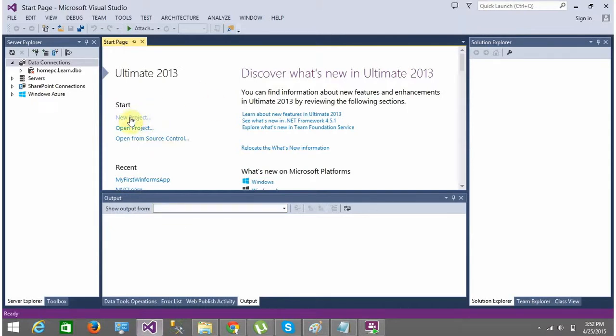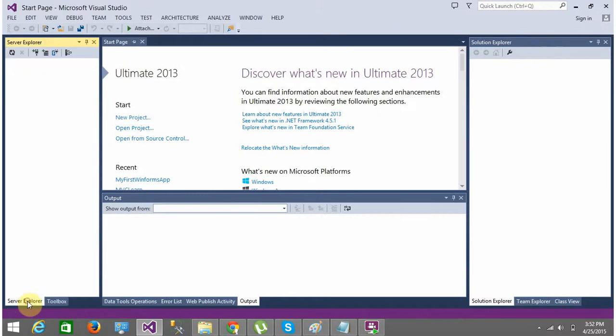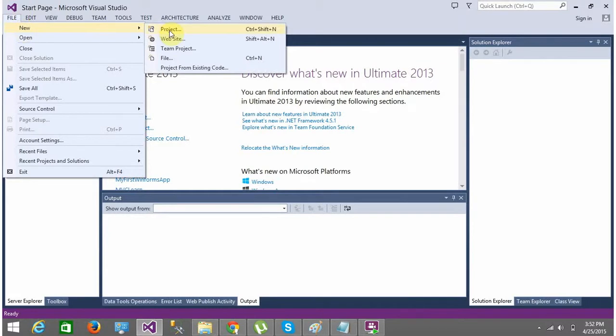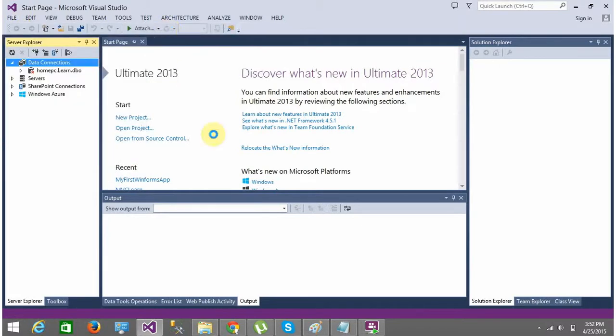Okay, now you will start a new project. Once you fire up Visual Studio, you will be able to see this screen, right? Don't care about all these things out here. We will not deal with them right now. Just ignore them. Here you will be able to see something known as a new project, right? So you can click new project here, or you can go to File, New, and here you will find project, right? So we'll start a new project.